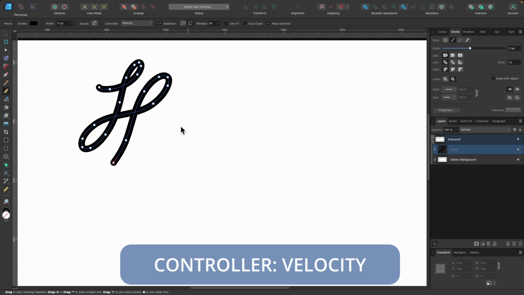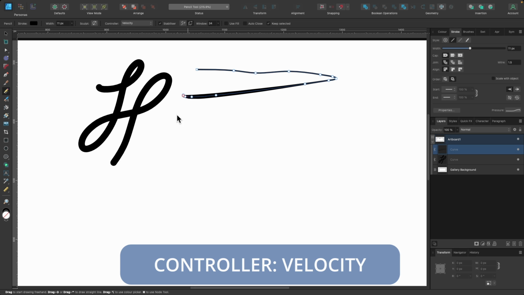Better for people who use a mouse rather than a pressure sensitive input like a graphics tablet or even a more modern trackpad on your computer. Velocity is selected. Let me just use that. So if I go slow here and then I go fast this way, you see it gets thicker. So I'll just do that again. Slow, fast,